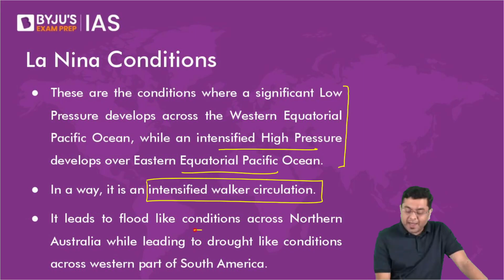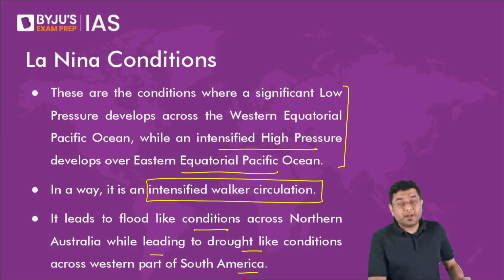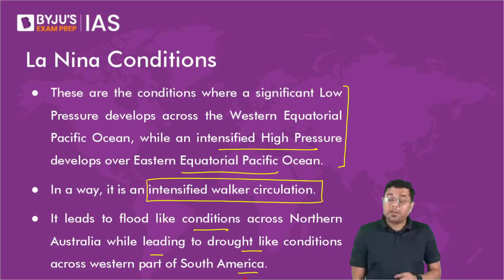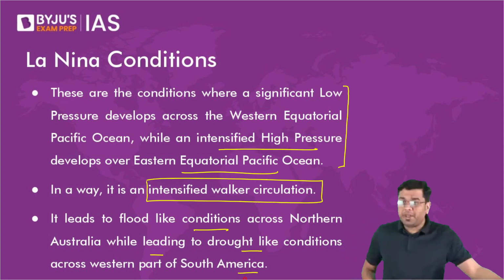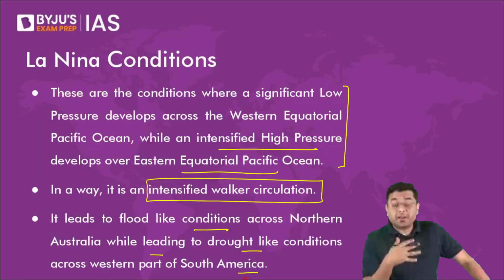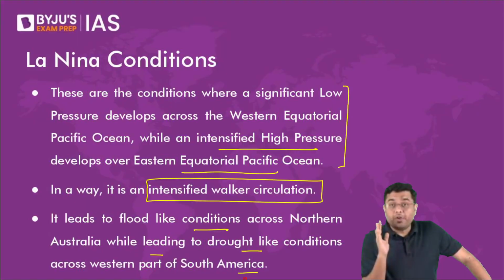It leads to flood-like conditions across northern Australia, while leading to drought-like conditions across the western part of South America, that is the Peruvian coastline. The Australian coastline, Indonesian coastline, the Philippine region will receive so heavy an amount of rainfall that it will create flood-like conditions in the entirety of the Western Pacific, and very dry drought-like conditions in the region of the Peruvian coastline. Now, here we have seen that the rate of upwelling